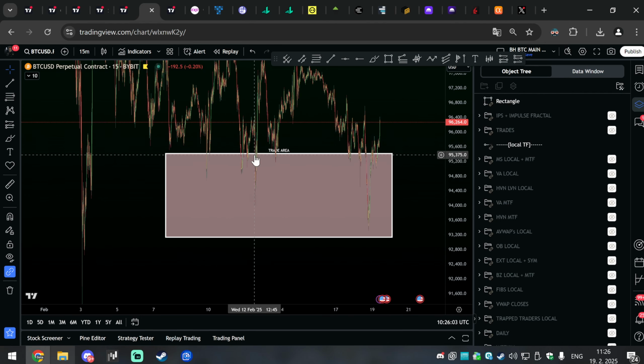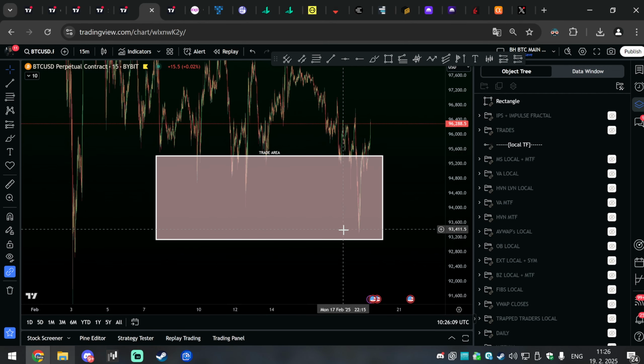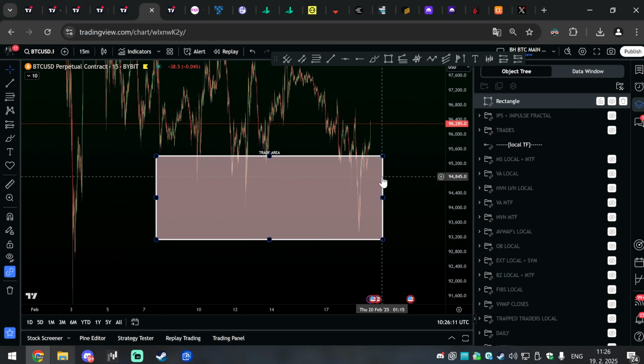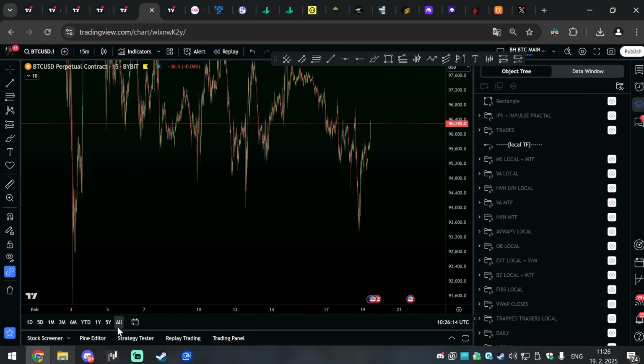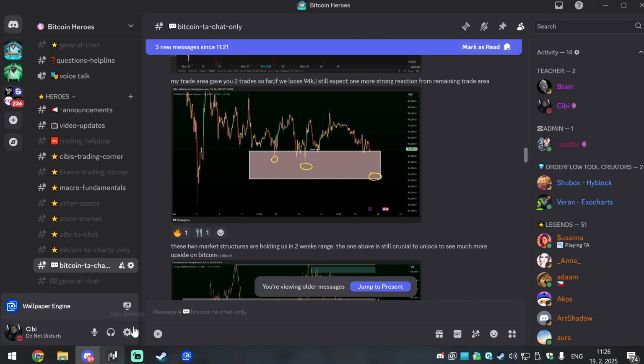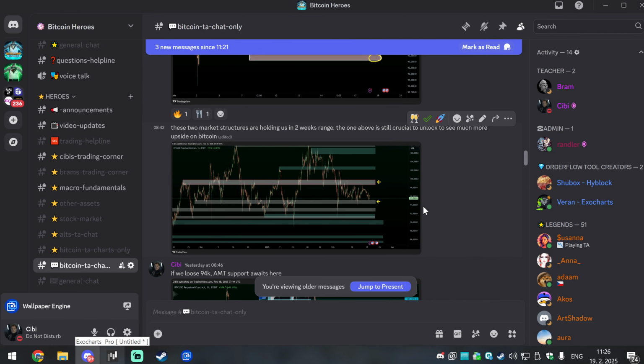So this trade area now played out, and it gave 3 trades, like I had a 100% prediction rate to give trades from this trade area. Boom, up. So now this trade area is actually sorted out. I will be showing you why I was so confident we would get the bounce here even without watching, because I was literally sleeping when we were moving here. Then I woke up, took trades, and I also had some nice limit orders filled. So it's a combination of things.